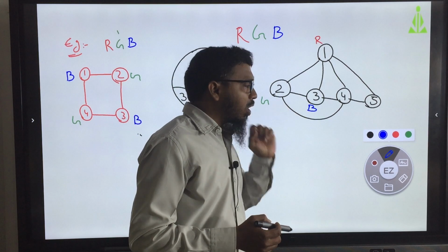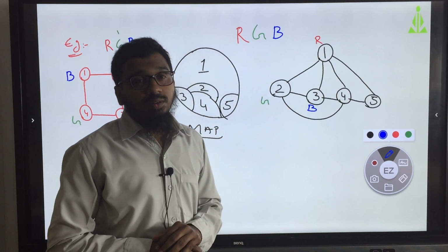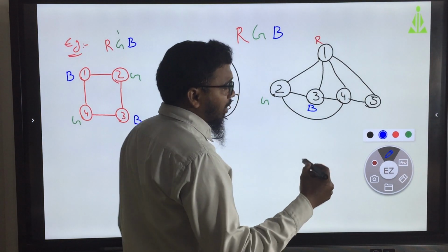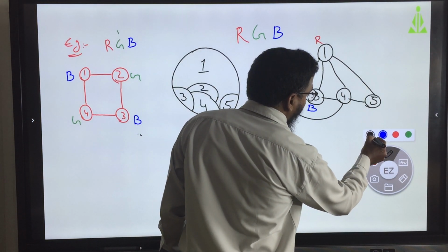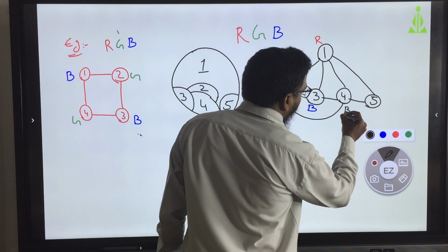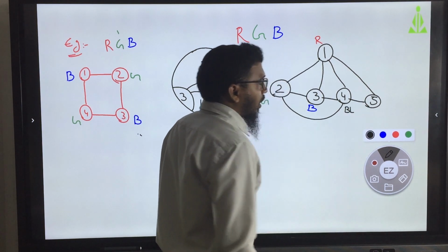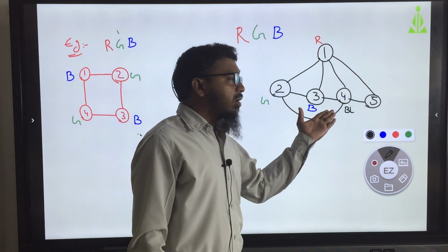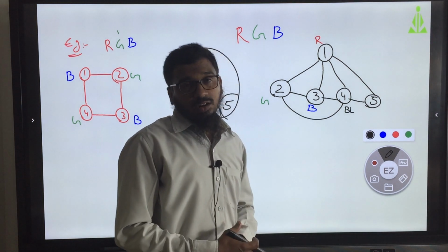If I give the blue color, it will get the same color as 3. So, what do we need to do? I am taking black. Okay, I am taking black color.